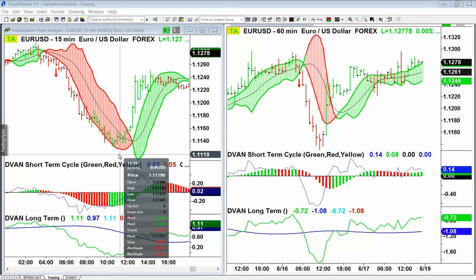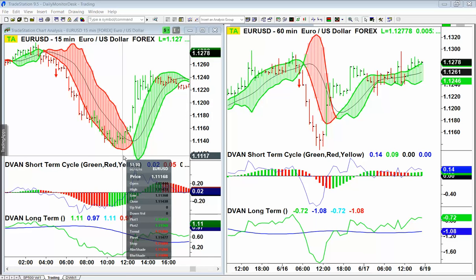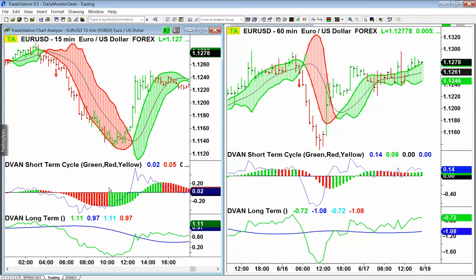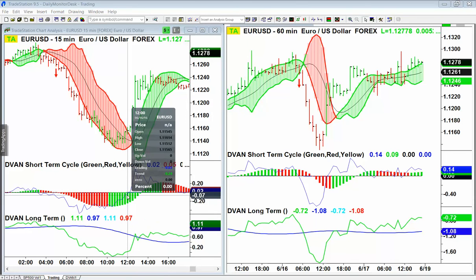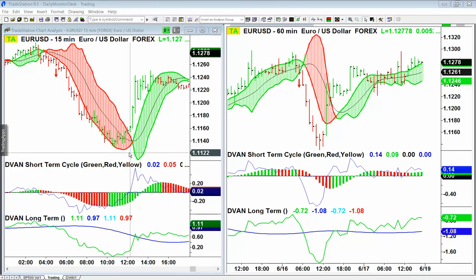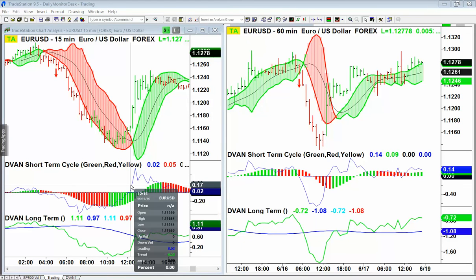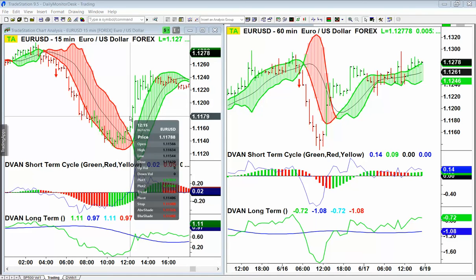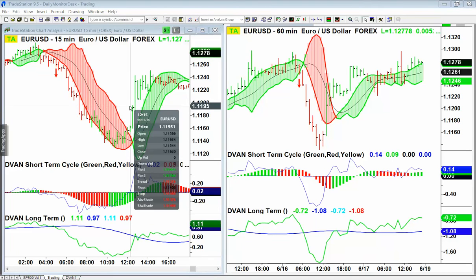Looking at the 15-minute, we would see the accumulation of indicators that we want to see to go long. We see the green price bars, we see the green histogram. We really want to wait until 12:15 p.m. Eastern Time, if you're looking back on your own chart. As we break out of the cycle, the leading line goes positive. Green price bars is a great place to expect some follow through if we enter long at